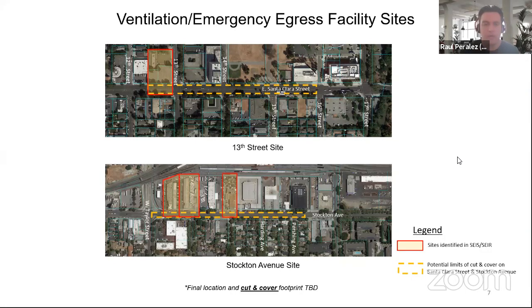Yep. Okay, and then would we be talking about the full width of Santa Clara as well, all the way out sidewalk to sidewalk? I would say between the sidewalks, but I have to study that. We need to study that, Director Morales. I would like to have an invert at the bottom, about 60 feet wide, to put the platform and the 2 tracks and drag all the equipment for the ventilation.